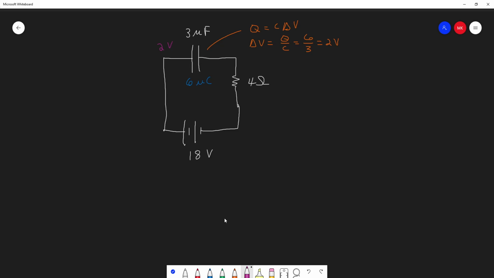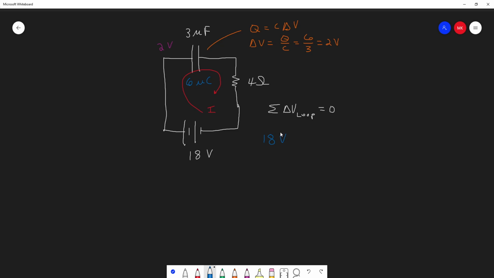And I want to know the current in the resistor. Well, let me just draw a basic current loop. This is what I'm assuming my direction of current is. Not that it matters, because we just want to know the magnitude. It's not defined as a given direction, so I'm picking an arbitrary one. And now I'm going to do Kirchhoff's voltage loop rule, meaning the sum of the voltage drops across the loop has to equal 0. So starting with this battery and using passive sign convention, meaning I'm paying attention to the direction of the current through my different objects, I have an 18 volt